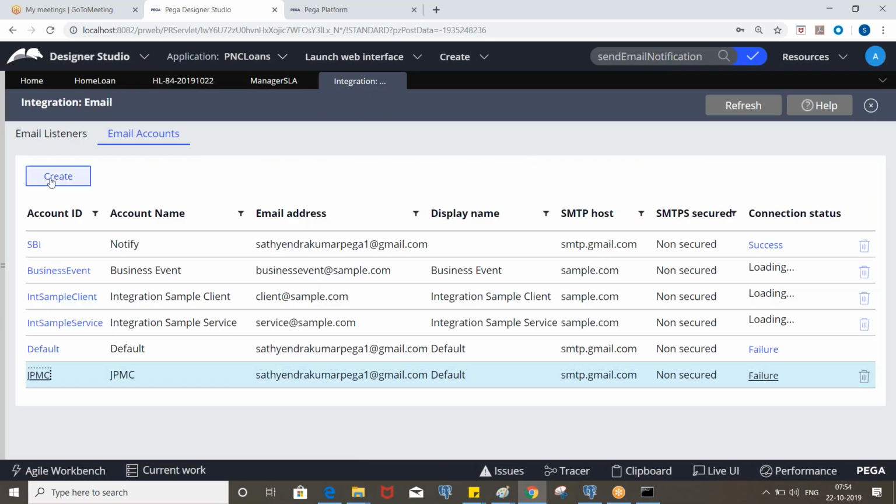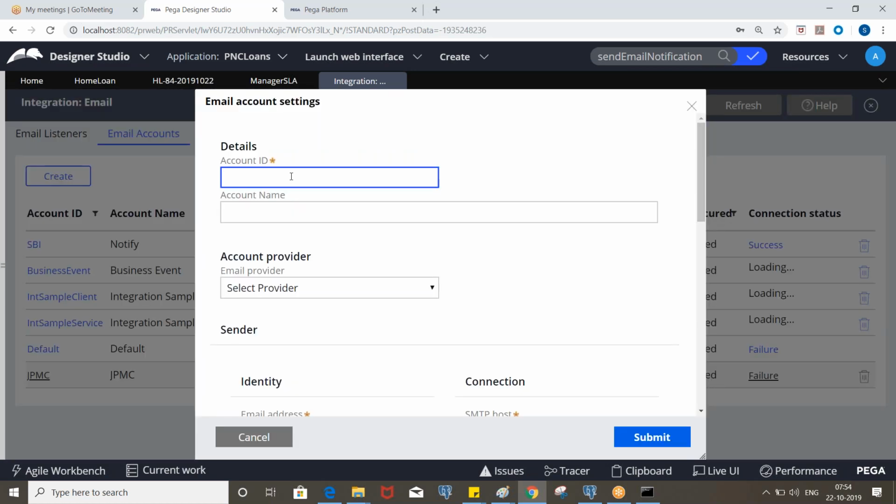Here we have an option to create a new one. Let's say account ID PNC, and the account name also the same.